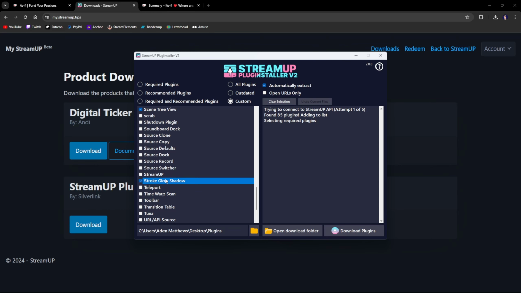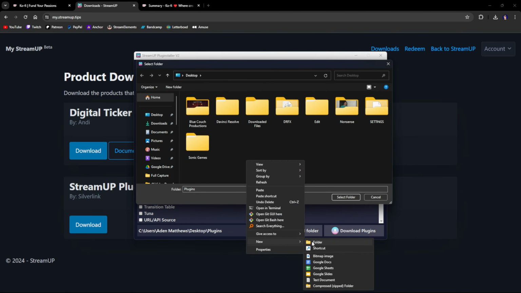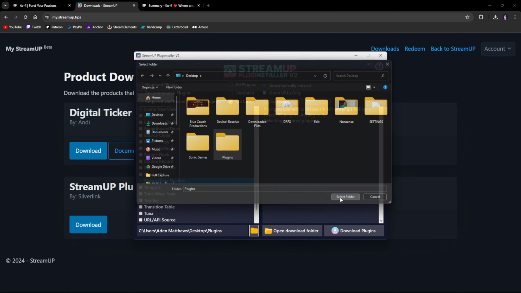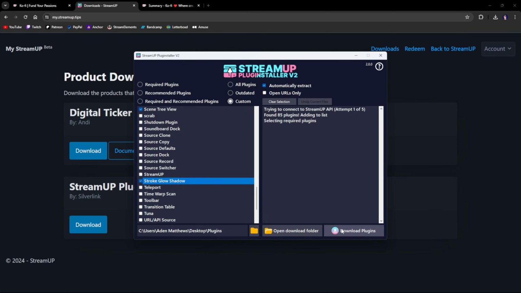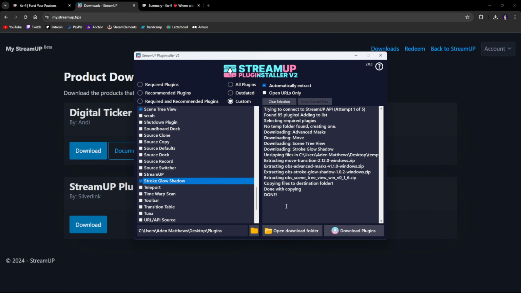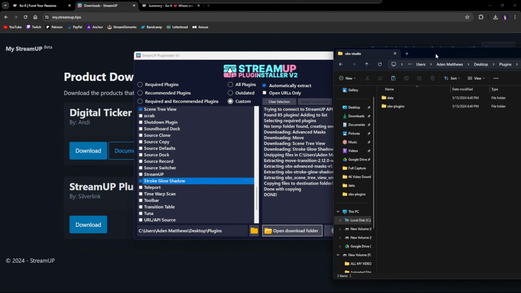Next, you're going to want to put a folder for these to download to. Hit this little folder icon, and I recommend making a new folder and calling it Plugins for short. Select Folder, then we can click Download Plugins, and it's going to go ahead and download them for you pretty quick. Then we're going to click Open Download Folder, OBS Studio, click that, and then we're going to move this